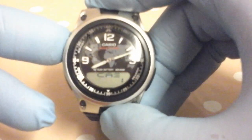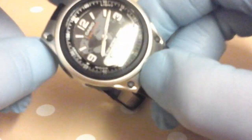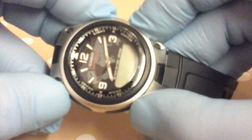Now if you need to delete that, you press and hold the adjust button and you see that flashing, and you press the B and D button together and you see clear, and it's cleared it. Press the adjust button again. Now that's how you do that. Next mode